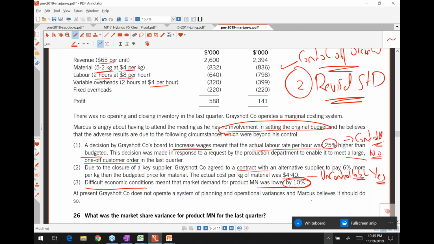The answer is no. For Marcus, this is not controllable. This is outside the control. And when it is outside the control, should we revise the standard or not? Yes, we should. We should revise the standard. So it's simple. Remember,